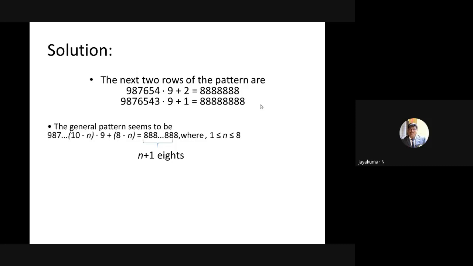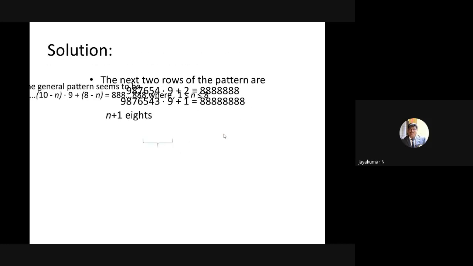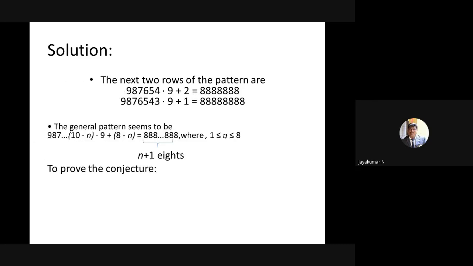So the general terms. See, please listen. When you observe this, start from 9, then subtract by 1. So 9, 98, then 987, 9876, 98765. So 9 is fixed. Here I start with 7, I have to subtract it by 1. Okay. So here 9 into 8 into 7. The last number is definitely 10 minus n. So the last number must be 10 minus n, when you observe the previous case.